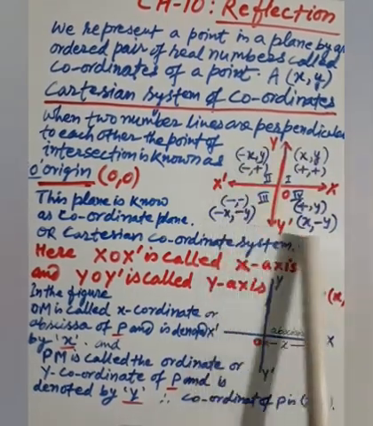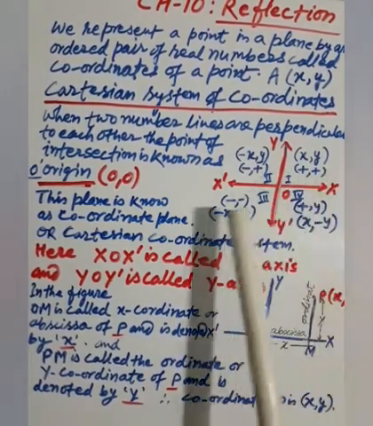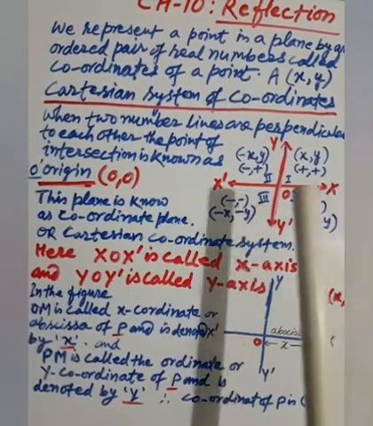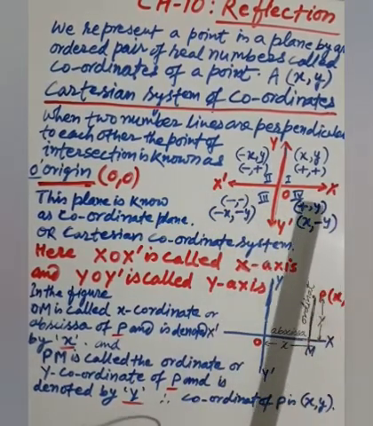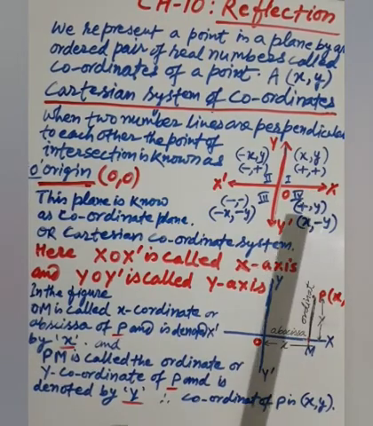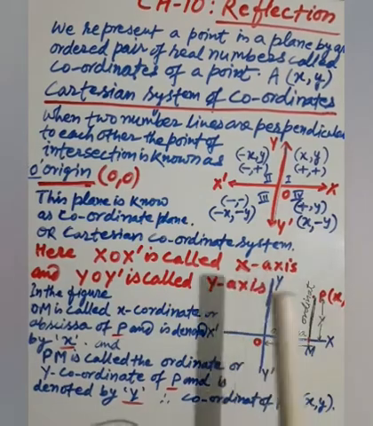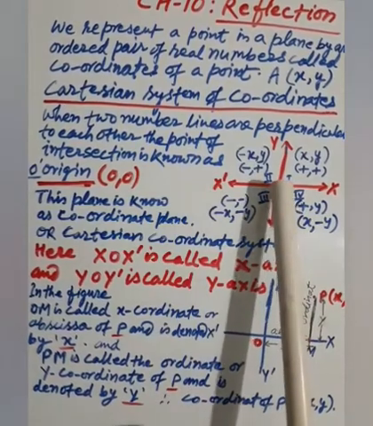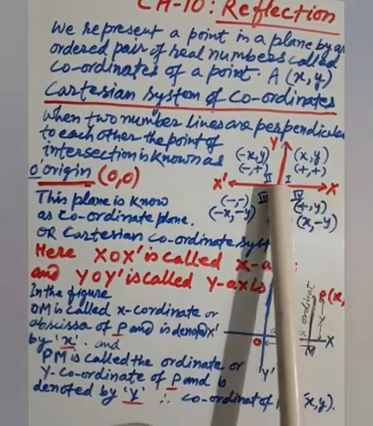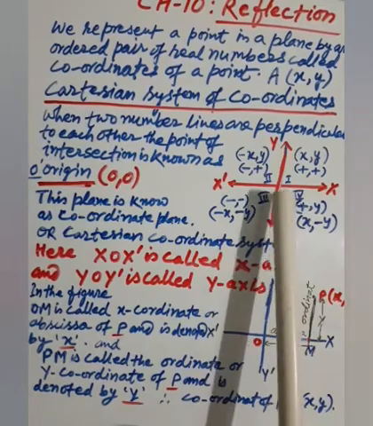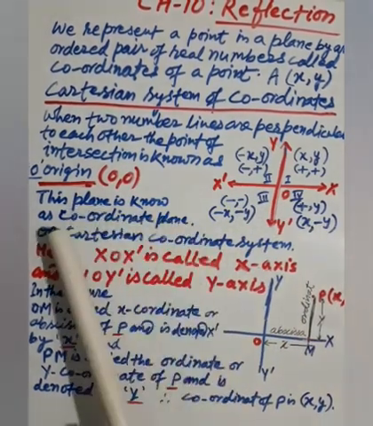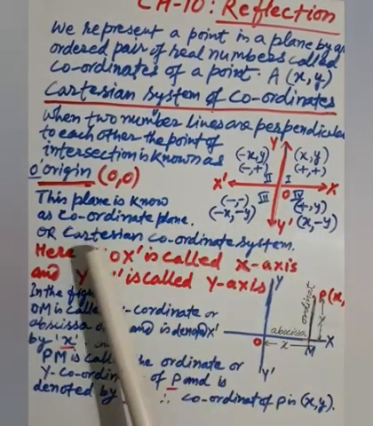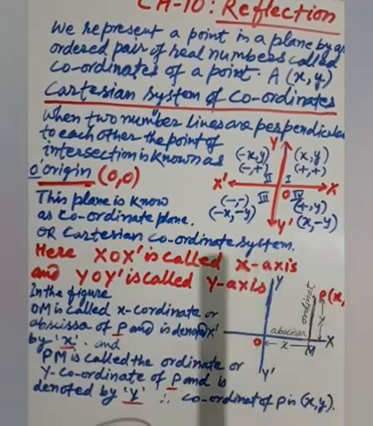So this is very important to understand. Then you can locate any point whose coordinates are known, and this location is very important in geography, in map systems, and in maths as well. O is the origin and the coordinates of the origin are (0, 0), because this point O is at zero distance from the x-axis as well as zero distance from the y-axis. This plane is known as the coordinate plane, or the Cartesian coordinate plane system.